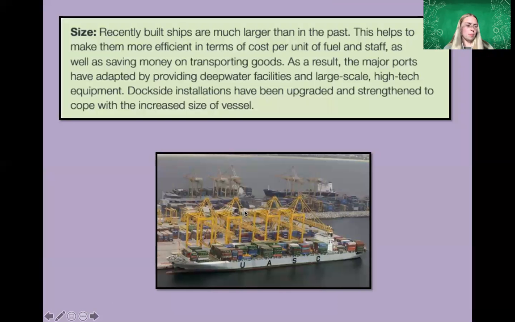So we're going to talk about that in the next few slides. As we've identified, the size is a huge issue, right? Recently built ships are much larger than in the past. This helps to make them more efficient in terms of cost per unit of fuel and staff, as well as saving money on transporting goods. As a result, the major ports have adapted by providing deep water facilities and large-scale high-tech equipment. Dockside installations have been upgraded and strengthened to cope with the increasing size of the